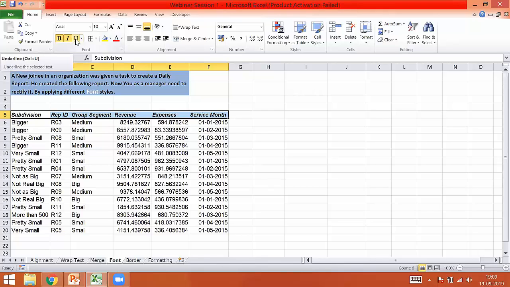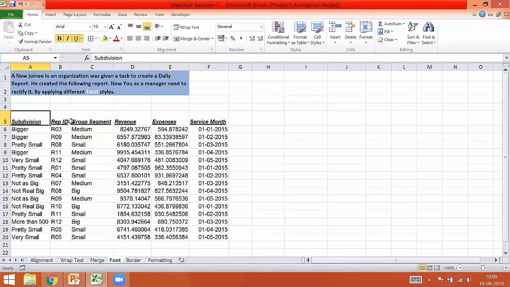So if I use this function underline, you can see there is one underline which has been inserted in these cells. Okay, so this is how you can increase or decrease the size and change the font styles. Okay, so now once we have done that, I can also add colors in terms of filling the color or adding color to only the text. How can we do that?